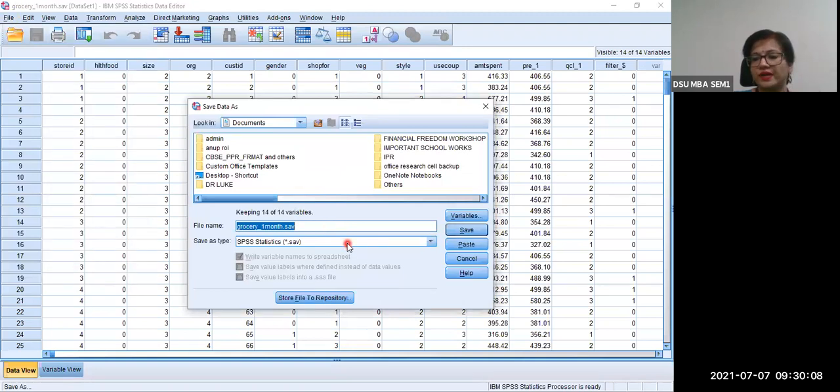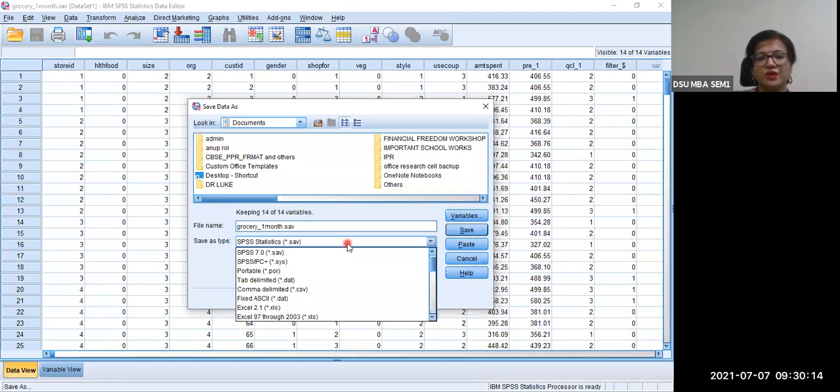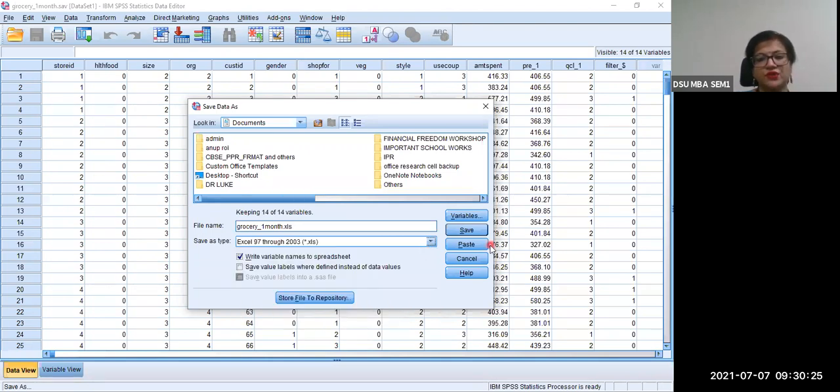Now you have to go to the file option. I hope you're able to see the highlighted portion on the cursor on the screen. So you will go to save as type. Save as type, you will have to go down. Select the Excel version which is there. I'm choosing Excel 97, which has a .xls version.